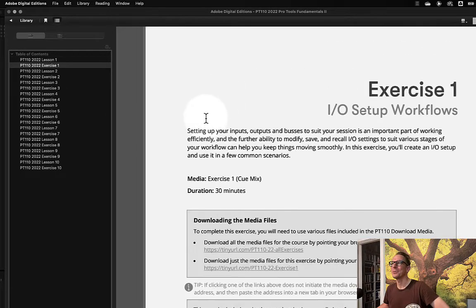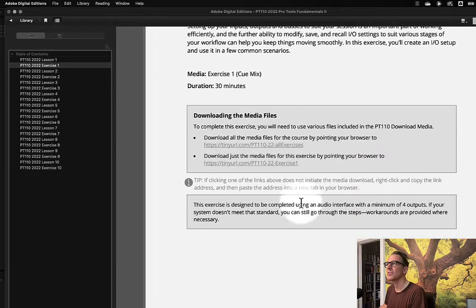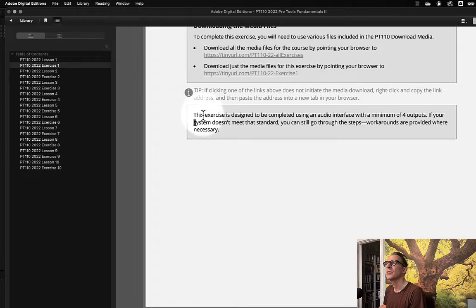Okay, so Exercise 1, I/O setup workflows. One thing I want to show you is this phrase right here: "This exercise is designed to be completed using an audio interface with a minimum of 4 outputs." That means we're not going to be able to see everything or hear everything you can do in this exercise, because this was done on a computer that had some sort of surround sound system, or maybe multiple outputs for